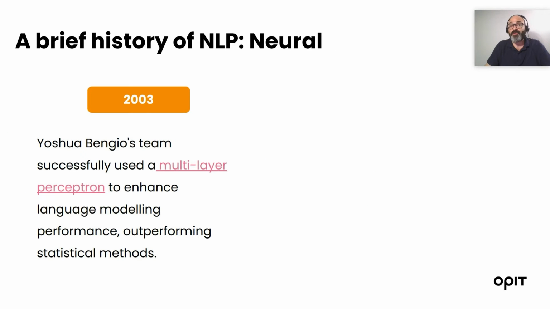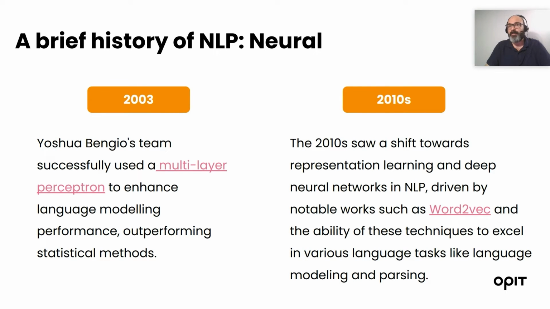During the modern age, we are in the neural phase, where at the beginning of the 2000s, Yoshua Bengio's team successfully used neural networks and multi-layer perceptrons to enhance language modeling performance, outperforming statistical methods. At the beginning of 2010, we saw a shift toward representation learning and the usage of deep learning methods, driven mostly by work such as word2vec and the ability of these techniques to excel in various language tasks, like language